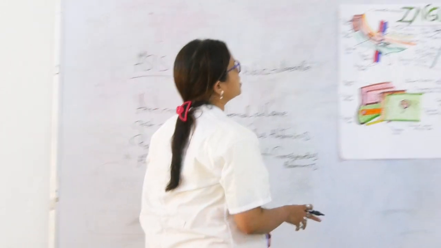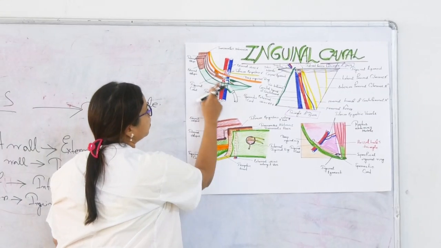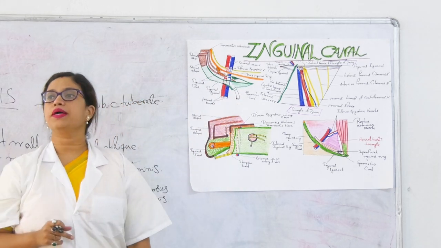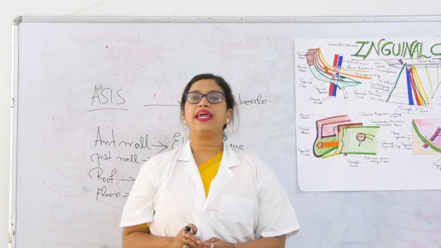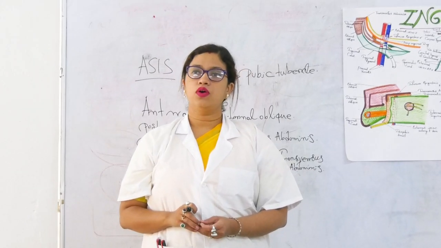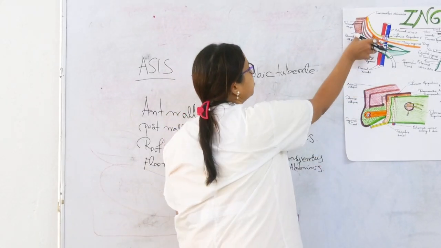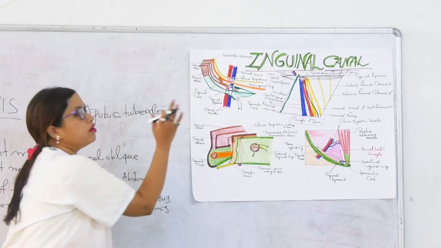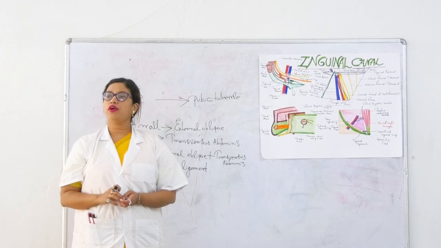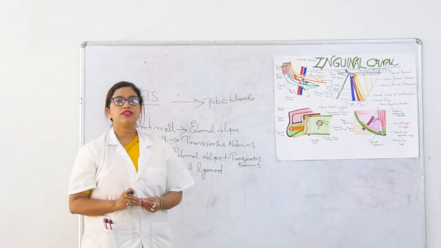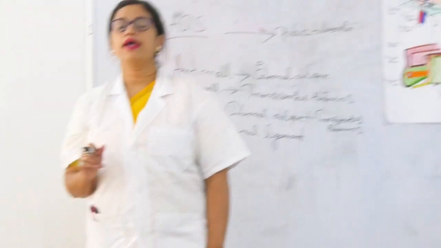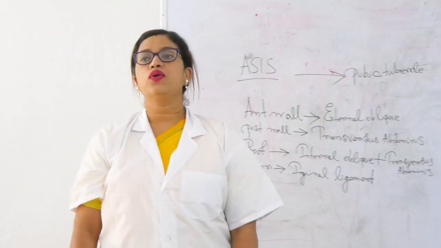So see, this is the inguinal ligament, right? What is the length of the inguinal ligament? It is approximately 8 cm. If you divide this 8 in half, then 4 cm is the midpoint of the inguinal ligament. They will ask this in service exams. Okay, midpoint of the inguinal ligament. Then next one is the mid inguinal point.